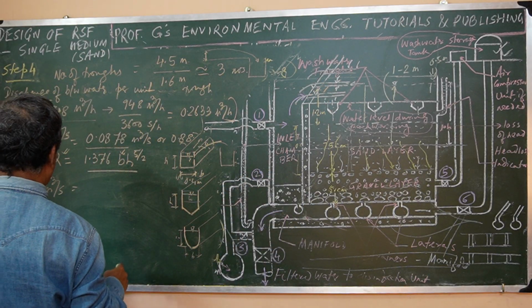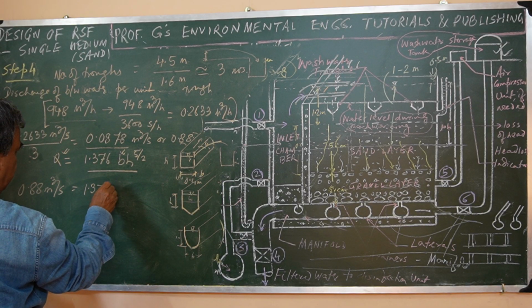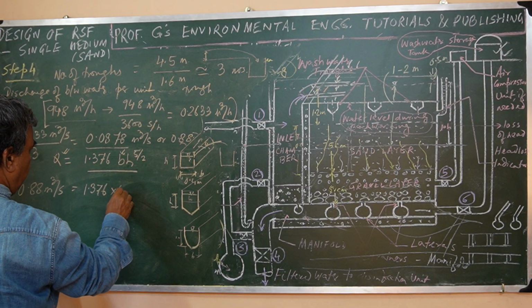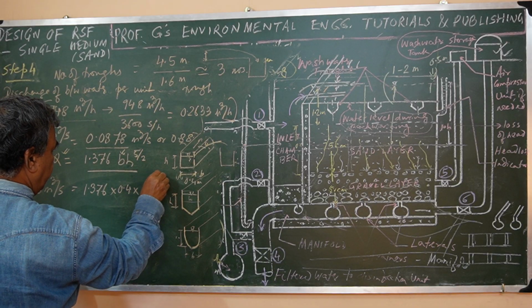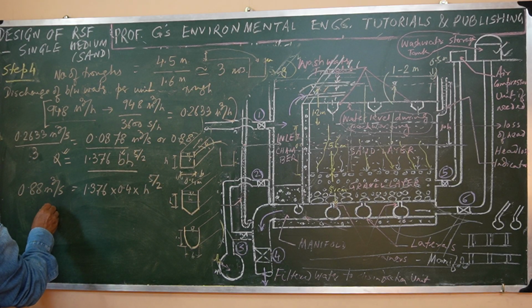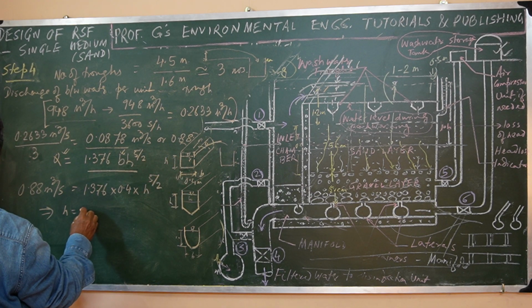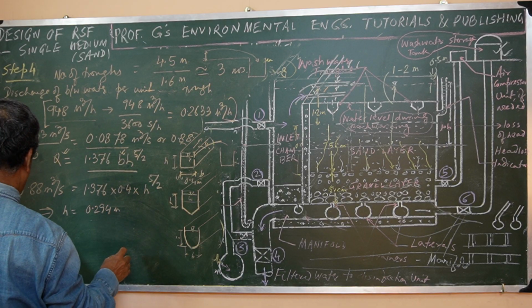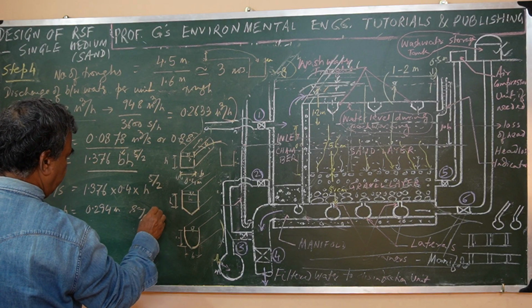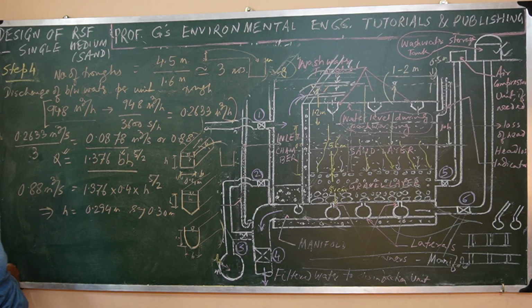So this is 1.6 meter or so, and this actually will be 1.376 into 0.4 into H^(5/2), and this will give you H, which means this liquid depth, remember. So this is 0.294 meter, say 0.3 meter, after rounding off. Okay, and if we provide a freeboard of